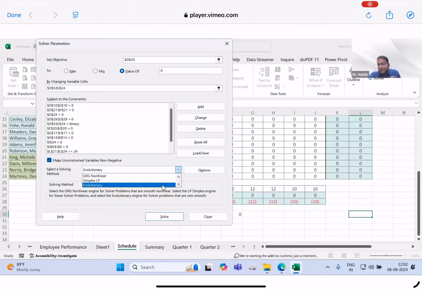So what is our choice here? I am going to use the evolutionary method to run my model while keeping all the company policies in mind, while accepting all the leave requests from all the employees. Now assign the duties. If I hit solve,